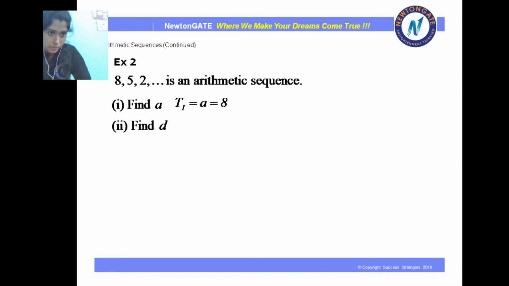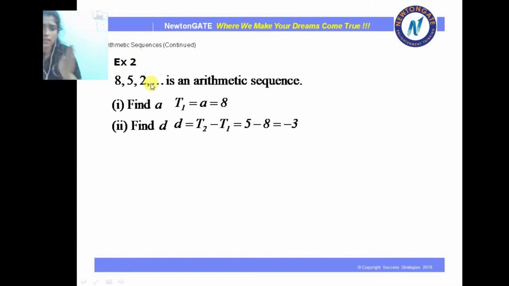That means if I consider 5, then 5 minus 8. If I consider 2, it is 2 minus 5. I will not see which one is greater or smaller here. I will see the position of the terms. So let's see if it is minus 3 or not. Yes, definitely it is minus 3. 5 minus 8 is minus 3. Now, if you remember, I had said, what kind of sequence is this? D is equal to minus 3. D is negative, so it is going to be a decreasing sequence. Even if I don't look at the sequence right now, after seeing D, I can say that yes, it is going to be a decreasing sequence.